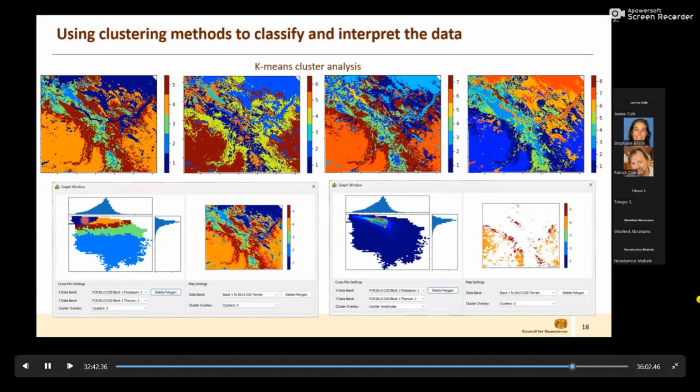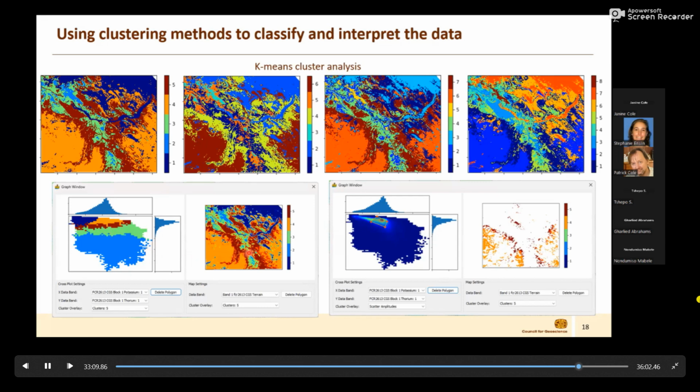You can see, okay, so class 1 is where we have low potassium and low thorium. And then here we have higher potassium, and there's really not much on the thorium histogram there. And what you can do is draw in a polygon here, and on the